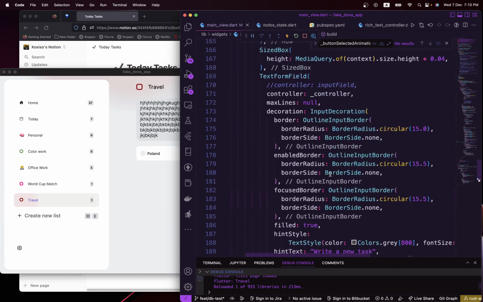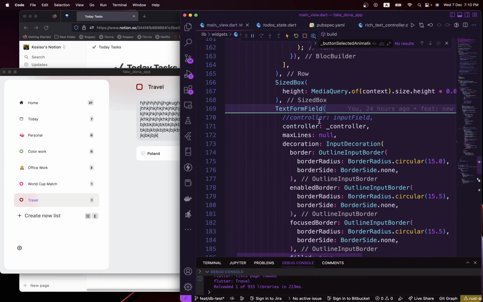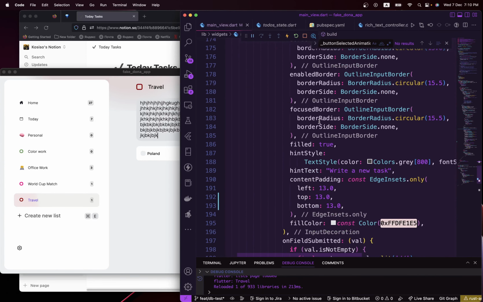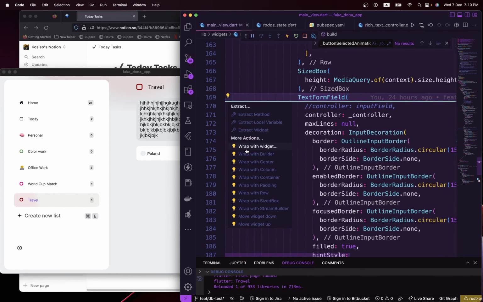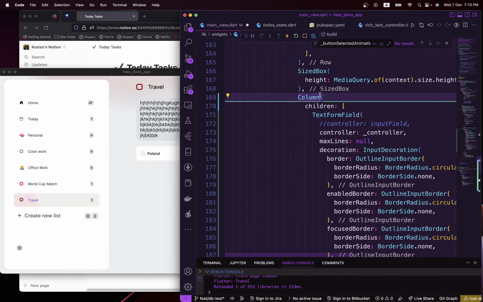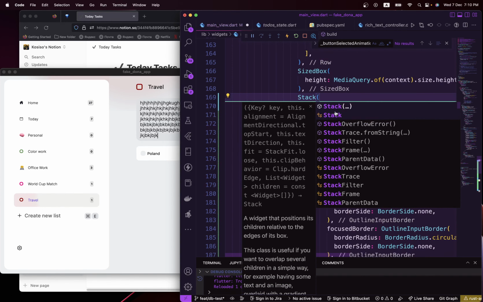What I think we could actually do is to wrap this inside a stack widget, right, and then show those icons on top of it. I think that would actually work better than any other stuff you can think about. So let's go ahead and try that. So I'm going to wrap this with a stack widget. First of all, I'll wrap it in a column and change that to stack. Now we have a stack widget,